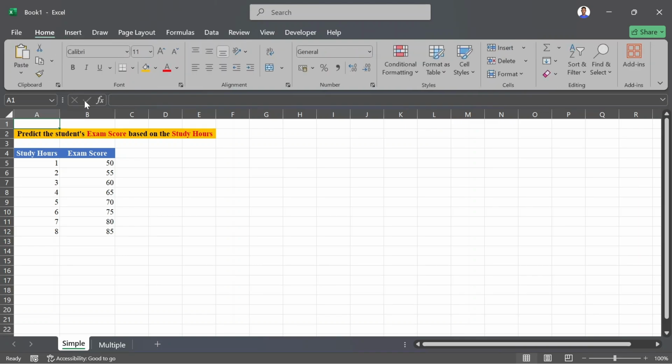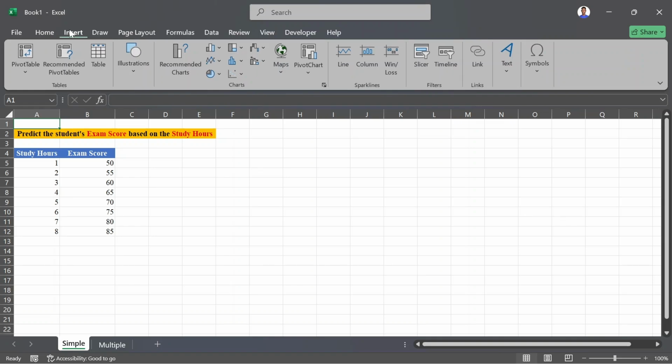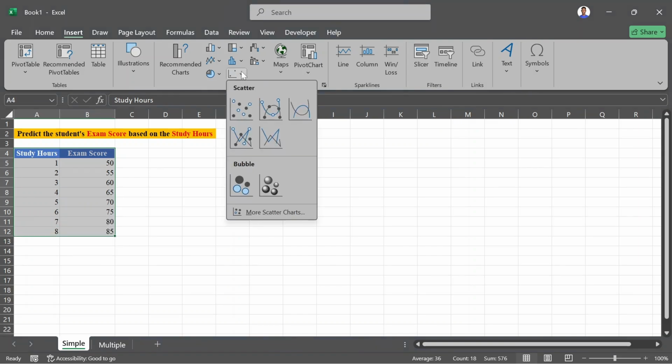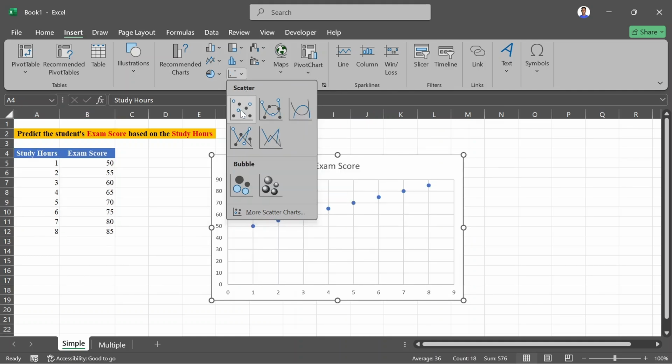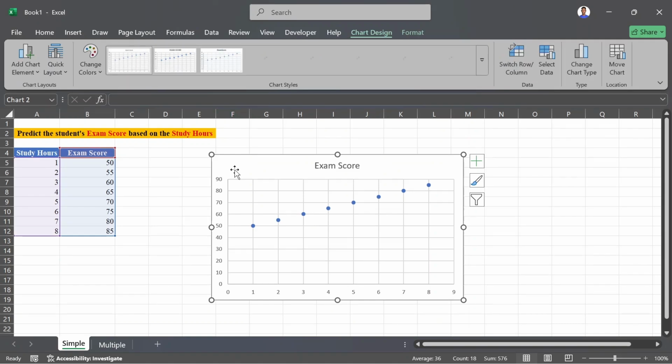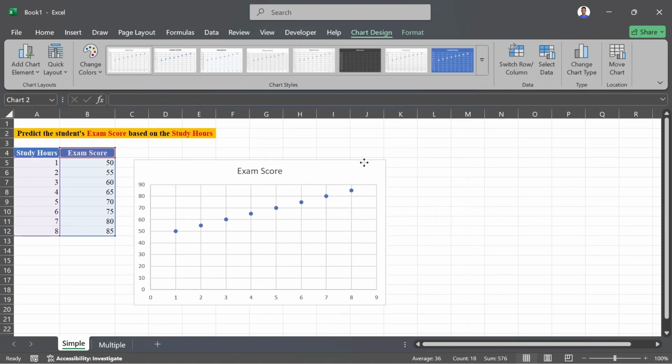So the first thing that you can do, there are two ways to do it for a simple linear regression. The first is to go to your Insert tab, and then you check for the charts over here. When you check the charts, you can either select everything and then click on this icon to get all the charts, or you select your data and then click on this one. When you click on this, you see that we have scatter. So you use any of the scatter plots over here. So let's choose this one. This is what we want. So instantly you get a scatter plot of your